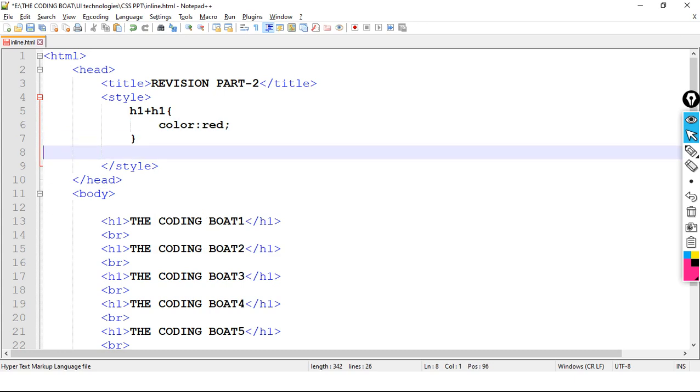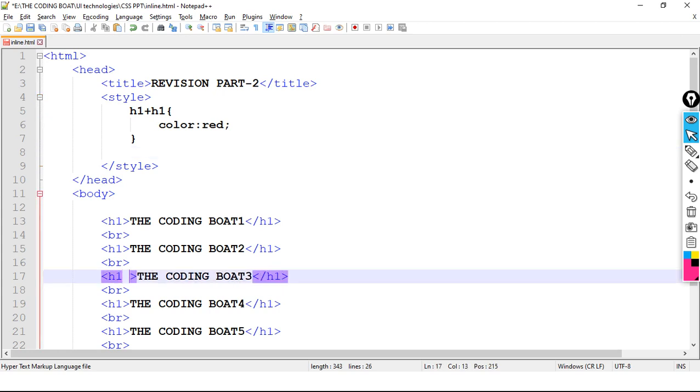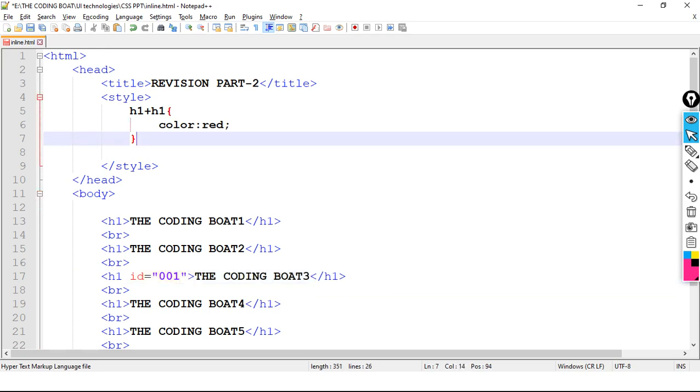And apart from this, I will take one id equals to 001. So this is our code.